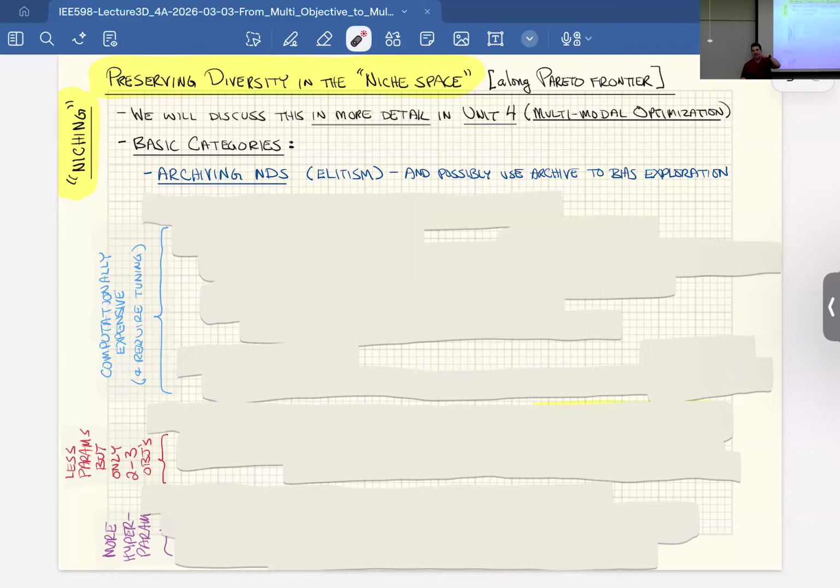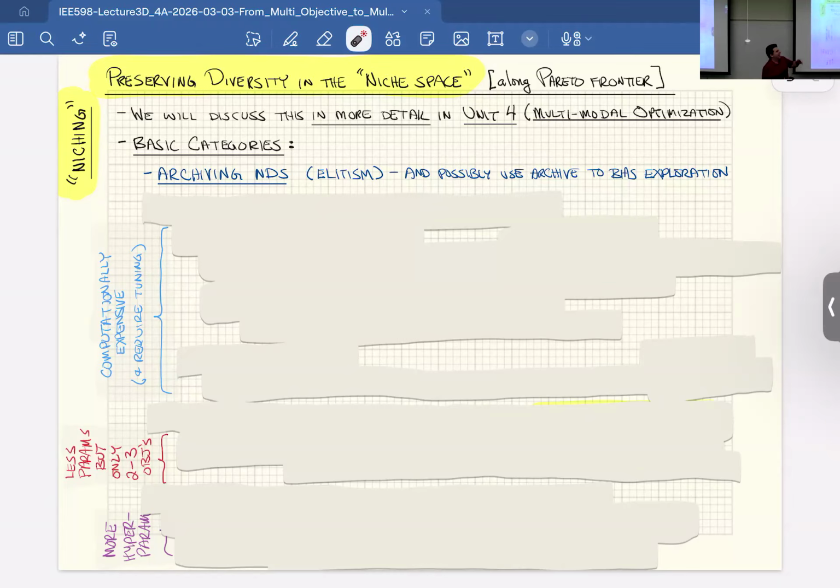The first one I've already mentioned is elitism, or just general archival. If you archive individuals in your non-dominated set, you prevent them from being lost, but you can also use that archive to drive new exploration. We have a lot of individuals here, so we're going to use that to drive new exploration in a new area. Archival approaches are usually built in. A lot of times, some version of this, particularly elitism, is added to these other methods, so I'm not going to go into a great deal about them.